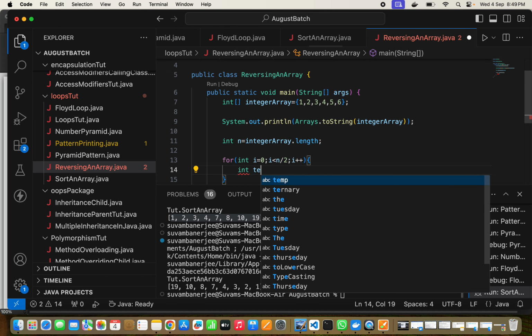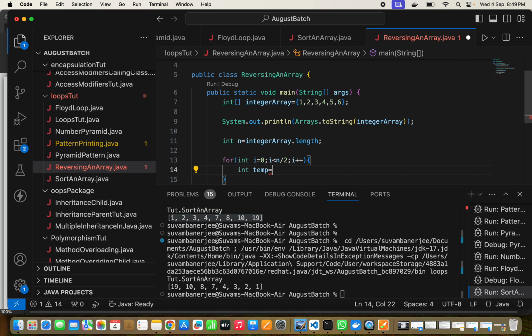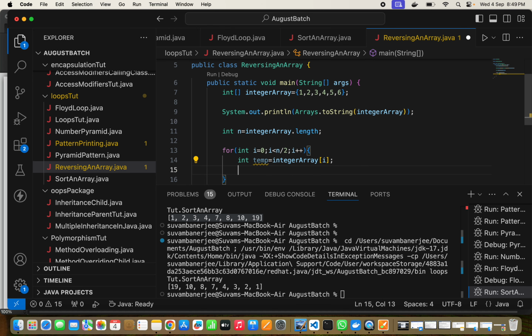Let me put in a temp. Okay, temp equal to, let's say, integer array i. Okay, i value is 0. Okay, now we will swap the integer array i